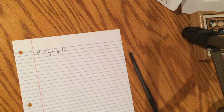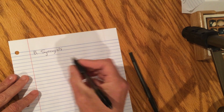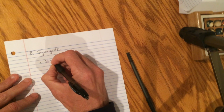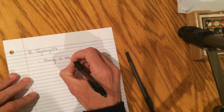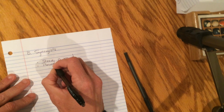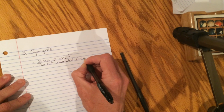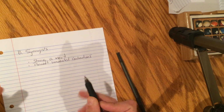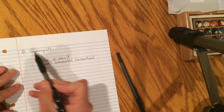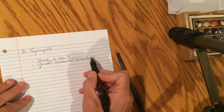Synergist. Now this is another classic group of muscle action. Watch this. What do synergists do? They do several things. They steady a movement. I'll give you an example in a second. They prevent unwanted contractions. This is going to allow you to have smooth, powerful control around the joints where these muscle group actions are in play. And third, if you steady a movement and prevent unwanted contractions, you increase